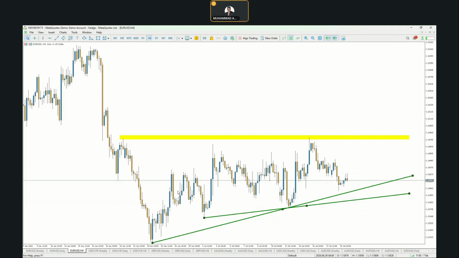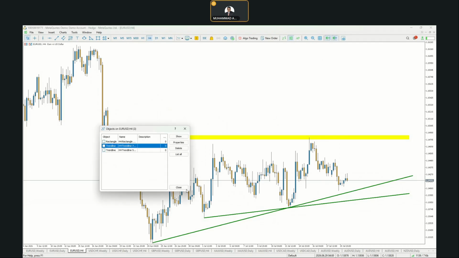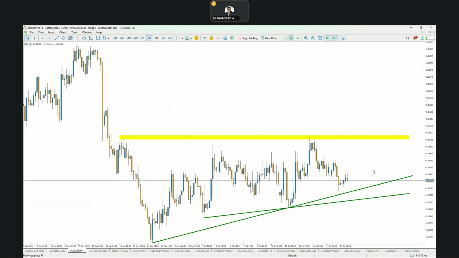So as long as price action is staying above both of these trend lines, it looks to me like the short-term bias is bullish for the euro dollar currency pair. If future US inflation data continues to come in below expectations and Federal Reserve policy expectations become less hawkish, EURUSD could remain supported. However, currency traders should continue monitoring upcoming US economic releases, Federal Reserve communication, Treasury yields, and overall market sentiment for additional direction.